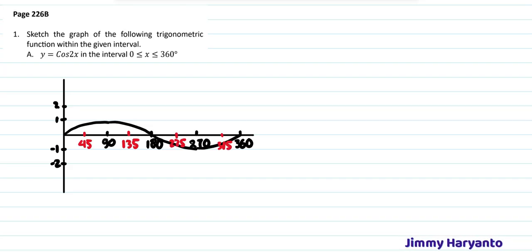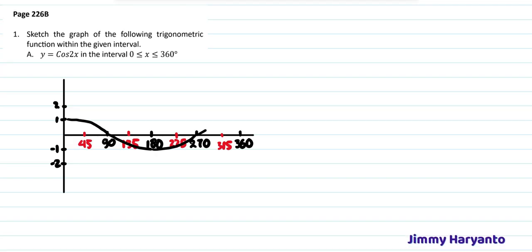And then you only have to draw the graph of cos, starting with 1. Sorry, this one is cos, not sine. My bad. This one is wrong. Wait, this one is 5. The cos will be like this, like this, like this, and like that. Okay, so this is the original of the cos.